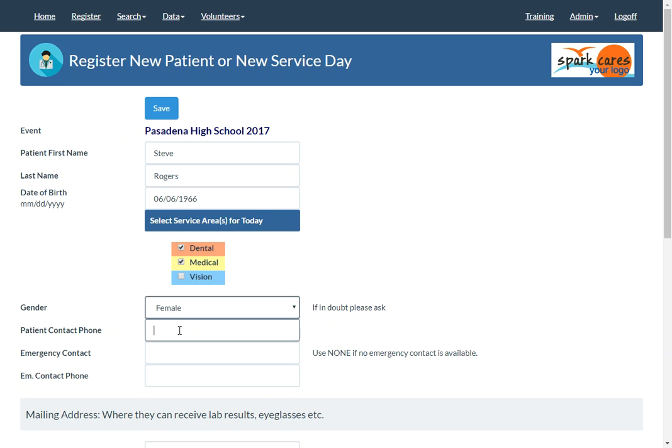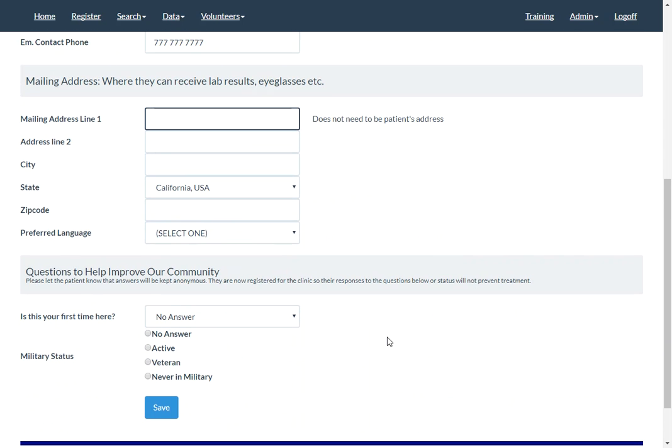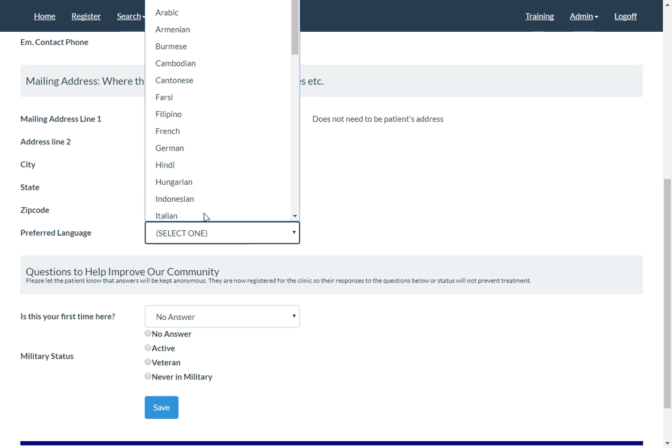And we're going to put in the patient's phone number, emergency contact, phone number, put in their address, zip code, their preferred language,